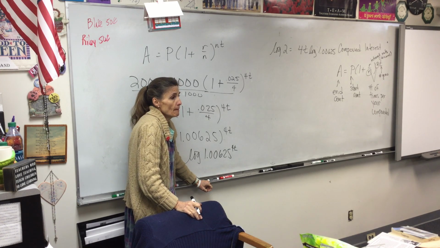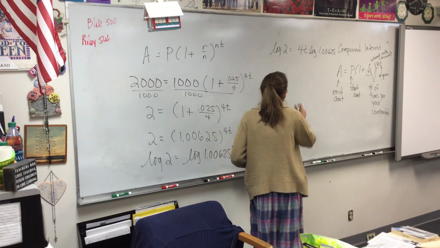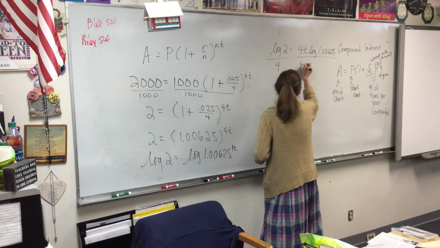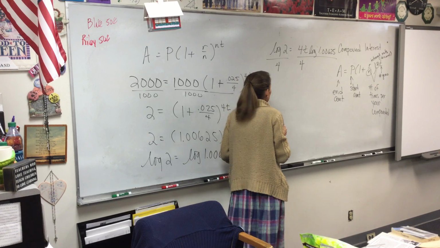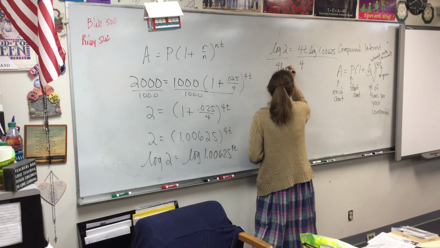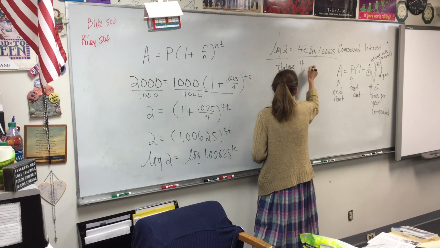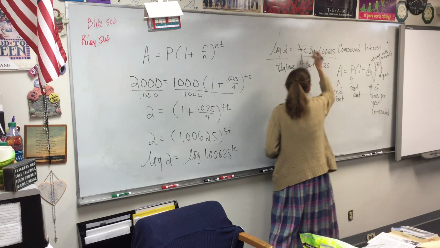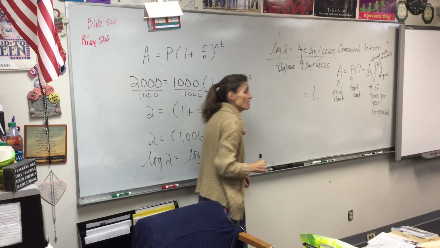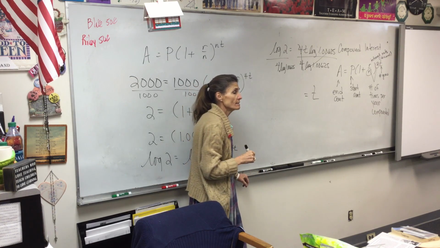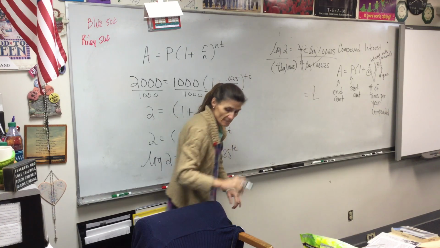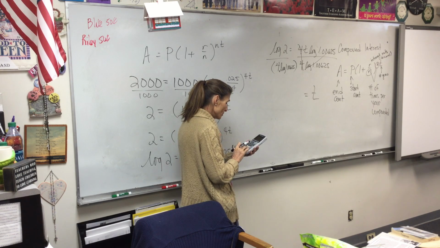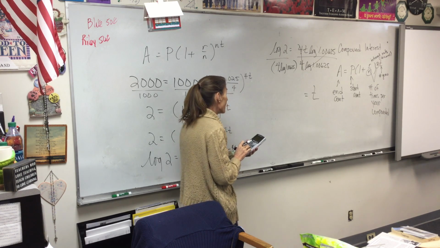Now what happens? I'm going to divide. Now, actually, I need to divide by 4 and the log of 1.00625. Would you agree with that? To leave me with just t? But when you divide by 2 things, make sure you put it in parentheses. So we'll do log 2 divided by